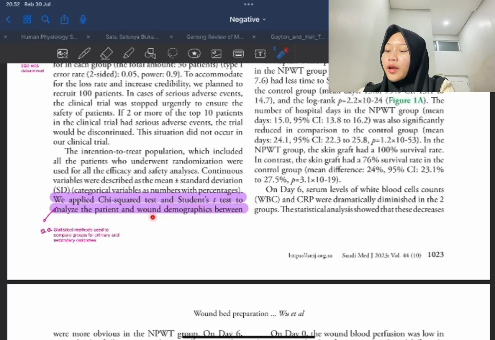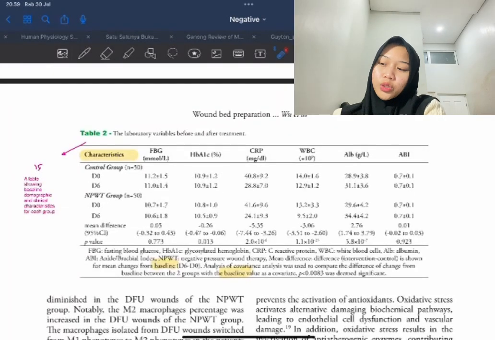This is 12A, statistical methods used to compare groups for primary and secondary outcomes. Table 2, the laboratory variable before and after treatment. This is 15, a table showing baseline demographic and clinical characteristic for each group.